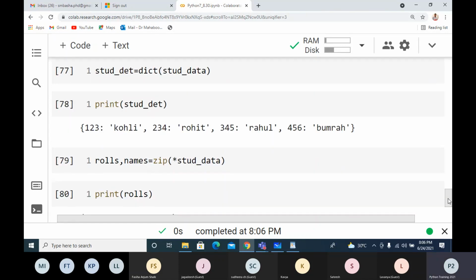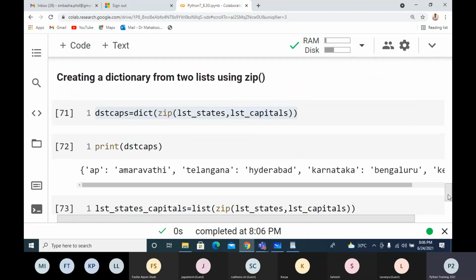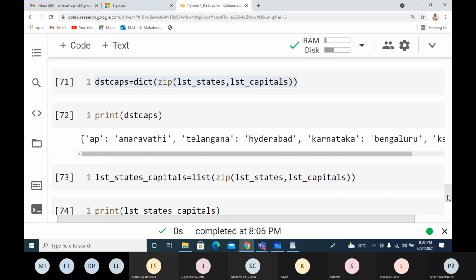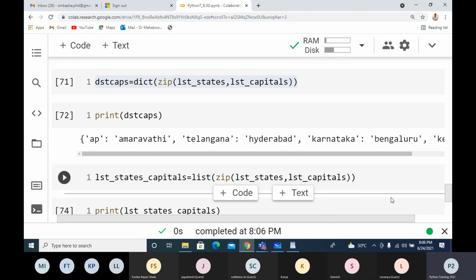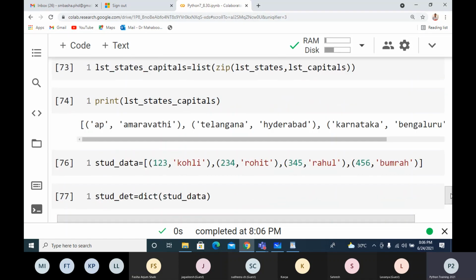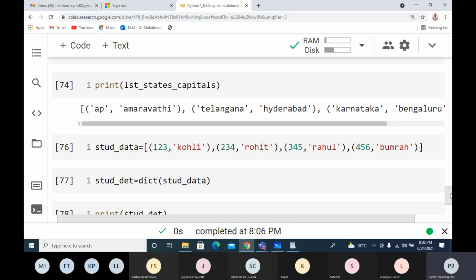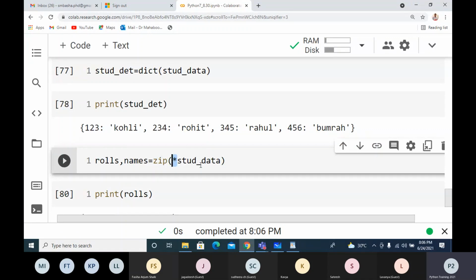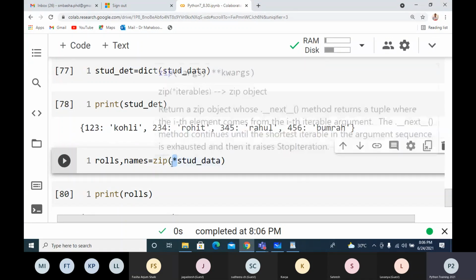See, zip is not only used to combine the data. Here, what I am doing, I am combining the data. One list, another list I am taking and combining into a list. So I'm combining into list, then it becomes list of tuples. If I want to unzip, then the same zip I have to use with an asterisk on the data. If I give asterisk, I'm getting back the